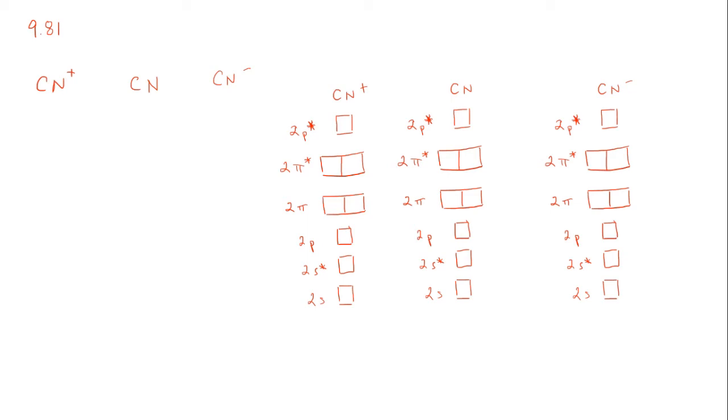So for question 9.81, we're asked which of these three has the strongest carbon-nitrogen bond, and which of these three has one lone pair of electrons. To figure out what has the strongest bond, we need to determine the bond order for each of these. To do that, we need to remember that bond order equals 1/2 the number of bonding